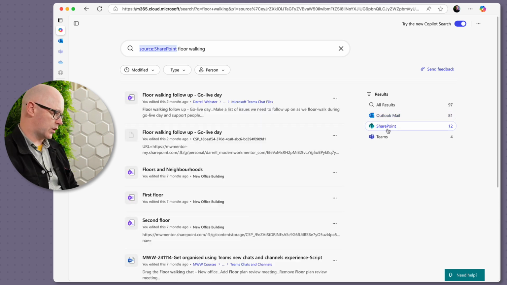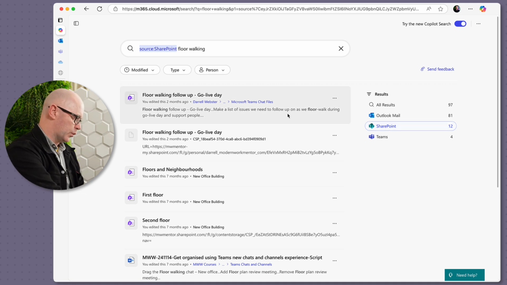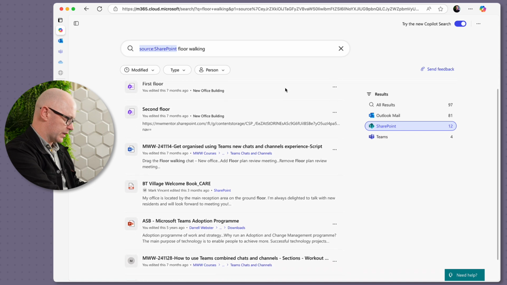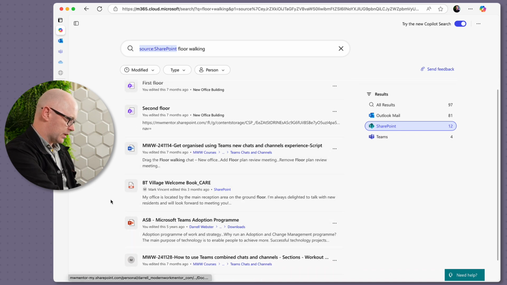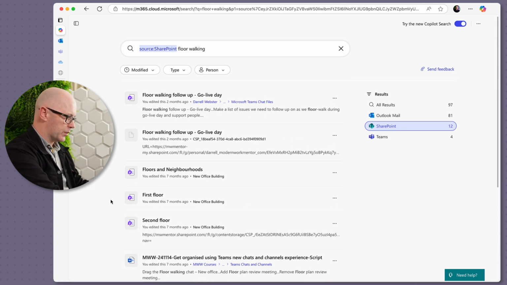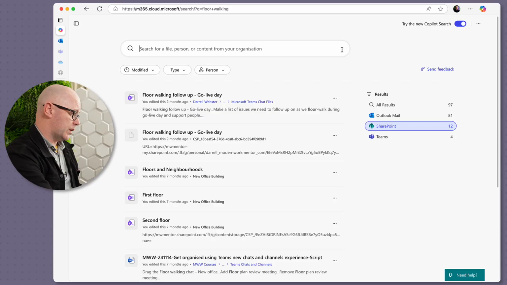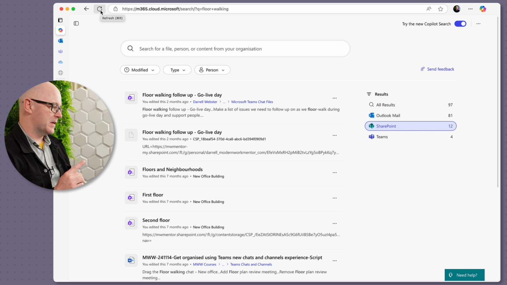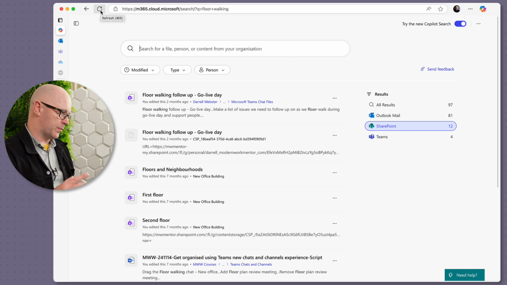Maybe search a filter across the different files that I might have been working on. So these are loop files. There's a Word document and a document there, a PowerPoint document. But nothing here in the Copilot search, the Copilot response experience. So if I was to go back in here and actually provide a bit more information, now here's a tip at the moment. I want to be able to start a new search, and the best way to do this